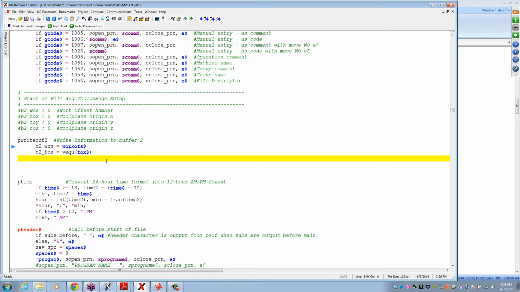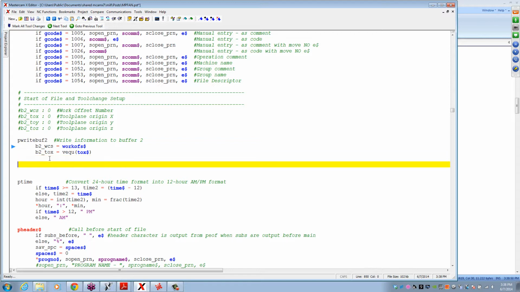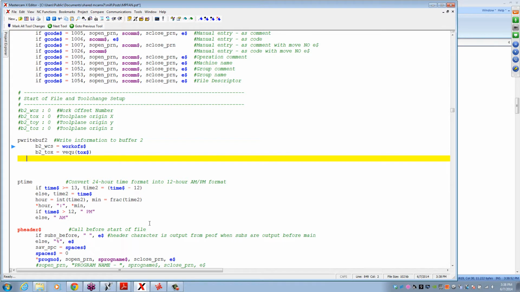The only thing that is a little bit concerning about doing it this way. Actually, you know what? Let's do it this way, and then when we run into problems, we can figure out why. That's actually, I think, a better lesson. So now what we're going to do is say B2 WCS equals WBuff 2, it's buffer number 2,